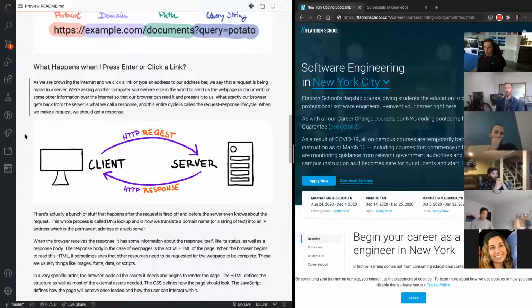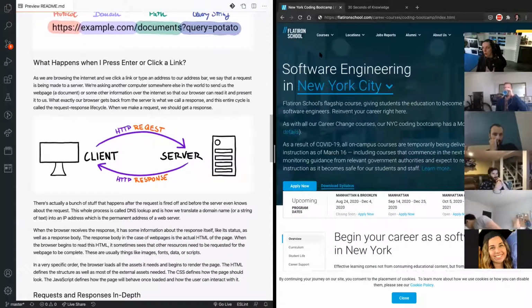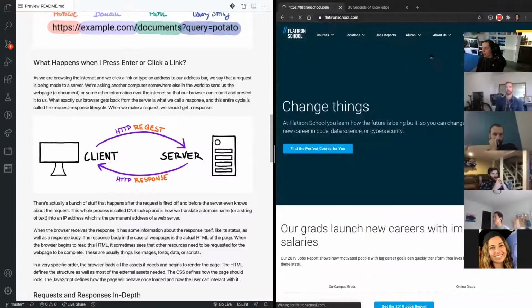So the request response cycle is essentially how computers talk to each other over the web, right? So we have some kind of browser. We have our Chrome browser right here, and we can make a request to some other place to get some kind of page. So flatironschool.com here.